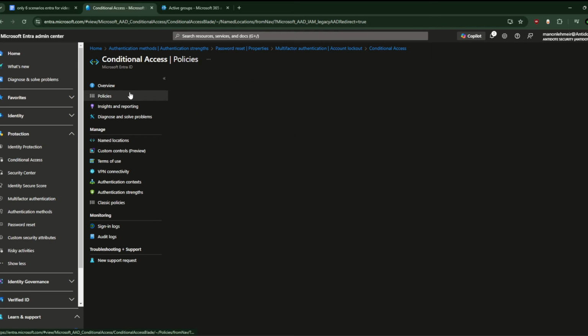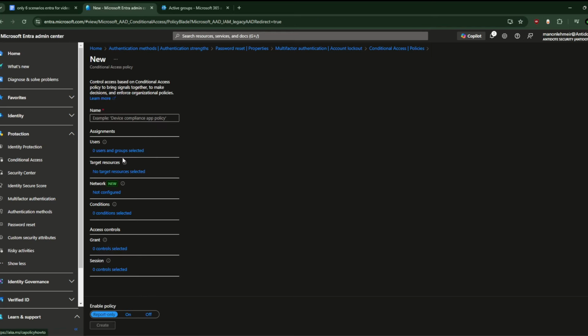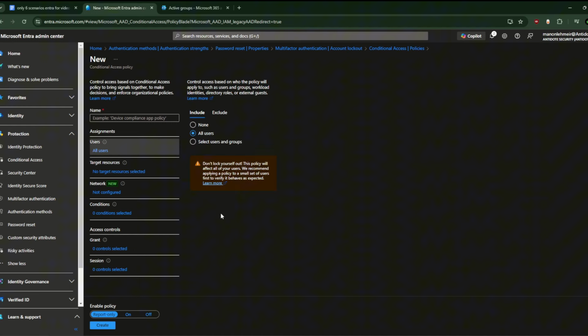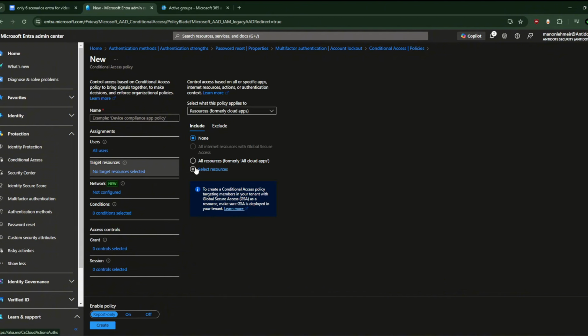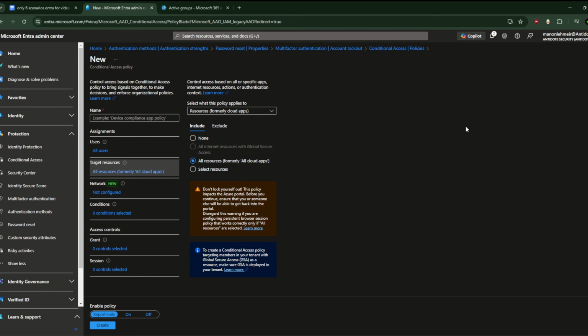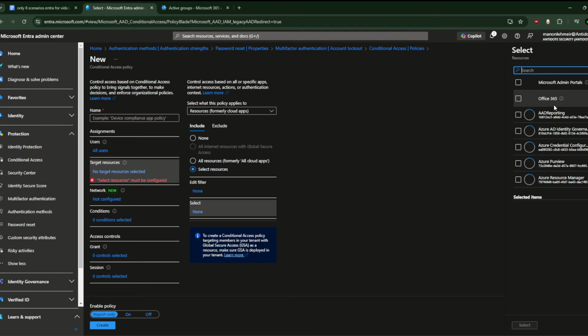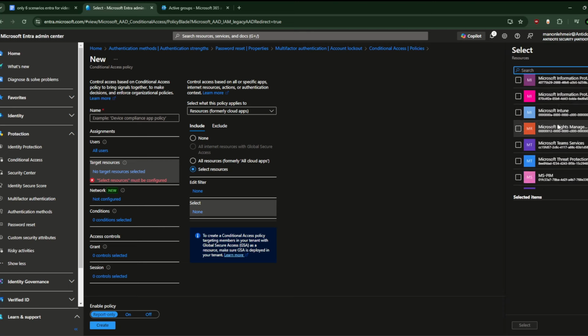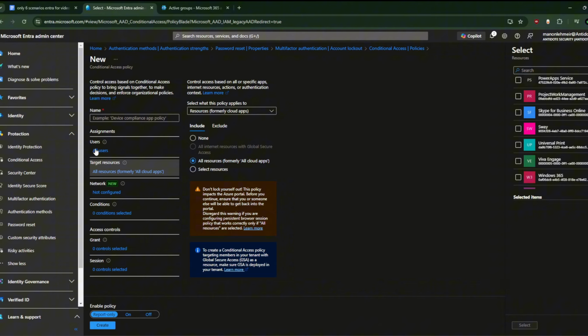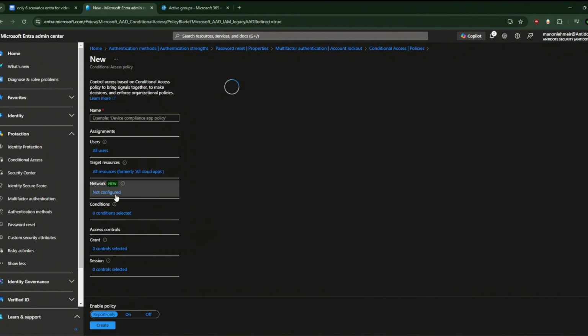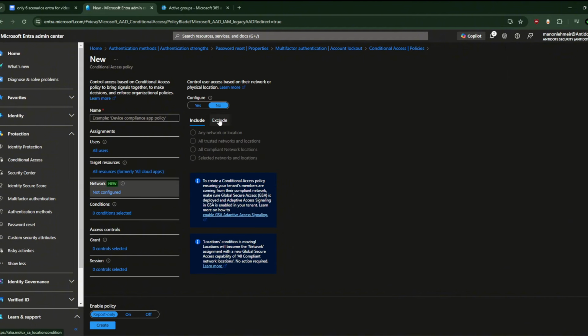Let's go back to policies, and we'll say new policy. And guys, you will be prompted. Let's say for example, all users. Okay, we want all users to get to all resources, meaning all resources. As you can see, it's very large. Look, all the resources that you have here. So all those resources could only be accessed if you are